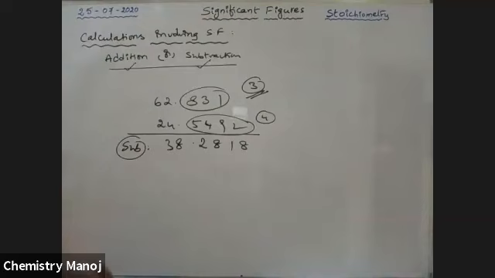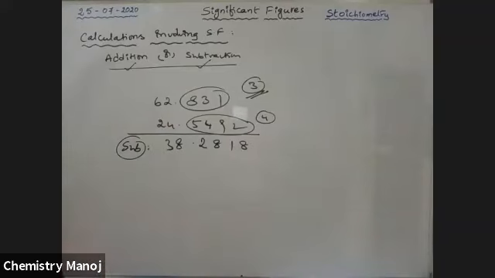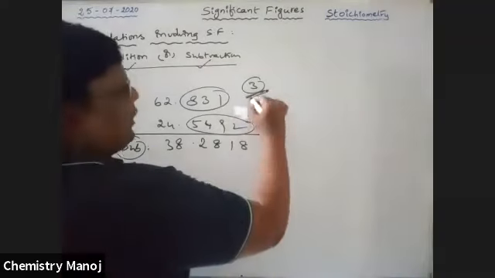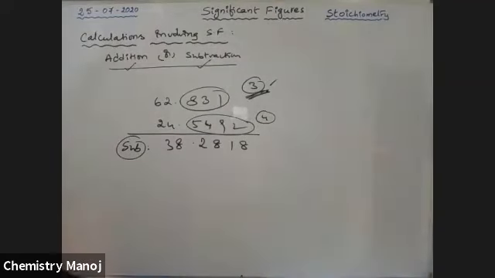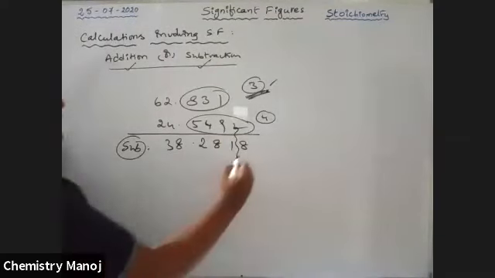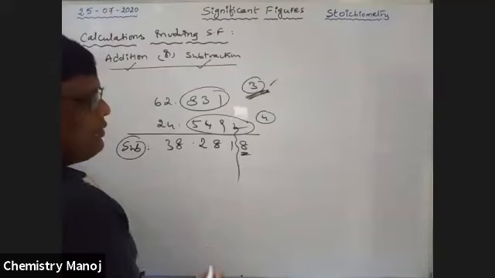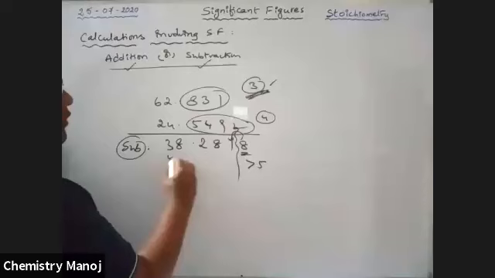This is the answer. But as per our significant figures, how much is the answer? So our answer with 3 decimal points. So 3, 4. This is the least value with 3 decimal points. So tell me the answer. 3 decimal points. So I'm going to cut up to this one. So this is the value we are going to neglect. So now, it is greater than 5. Add 1 to this one. Therefore, our answer is